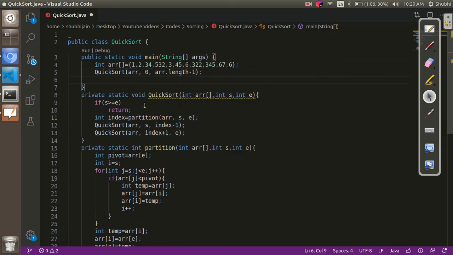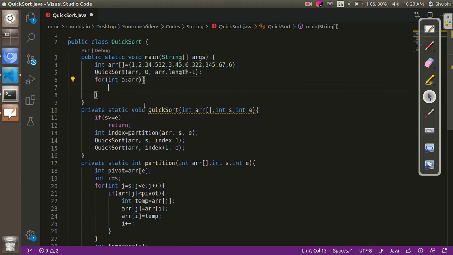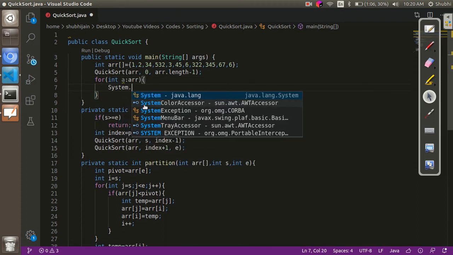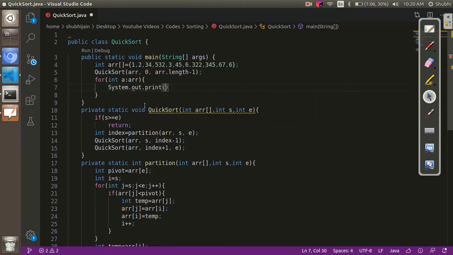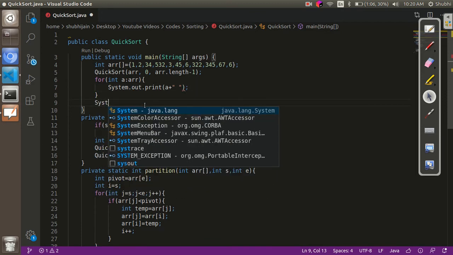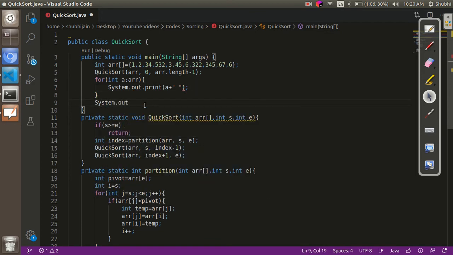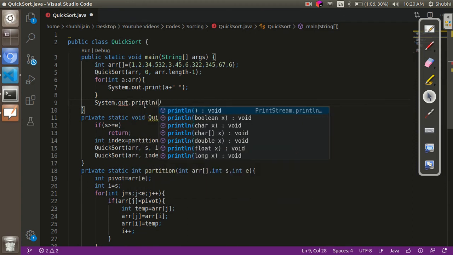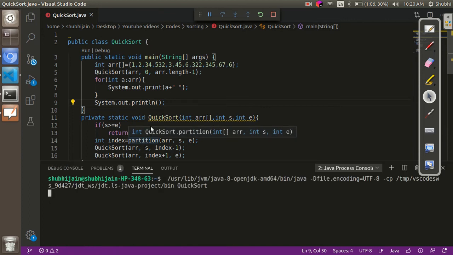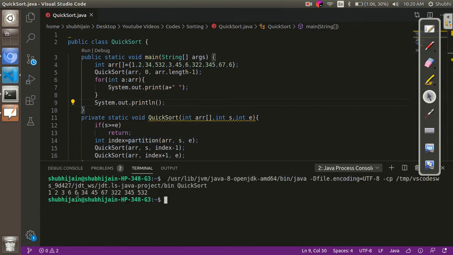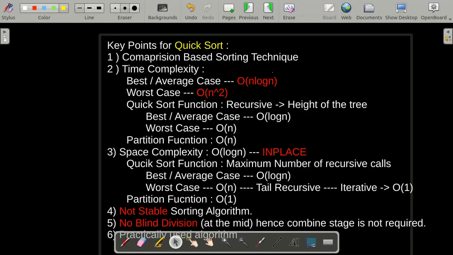And after sorting, in order to see the result, I will print my array elements. See, our array has been sorted.